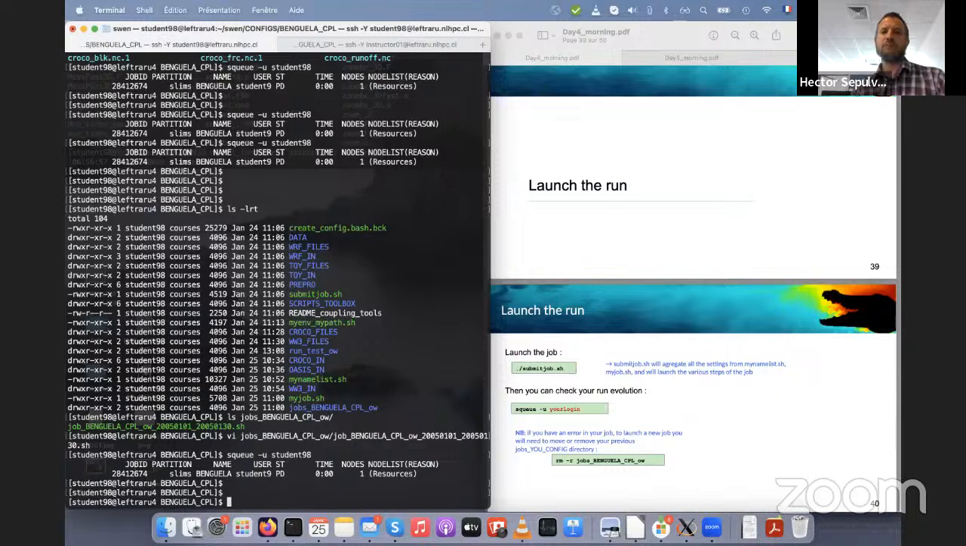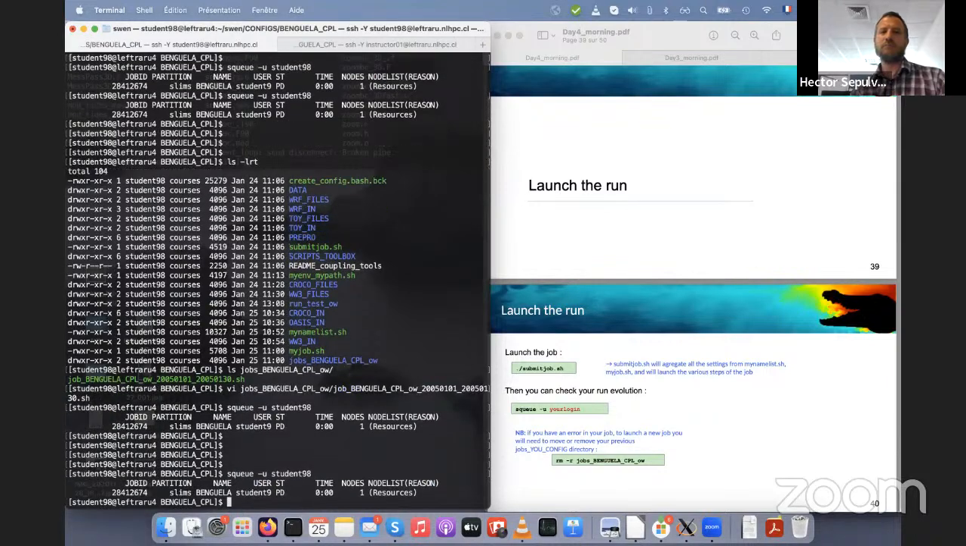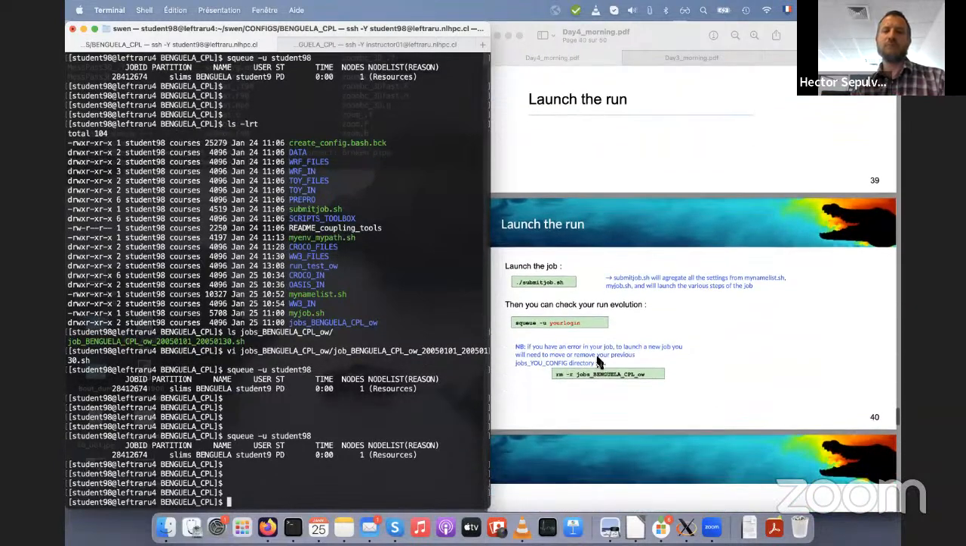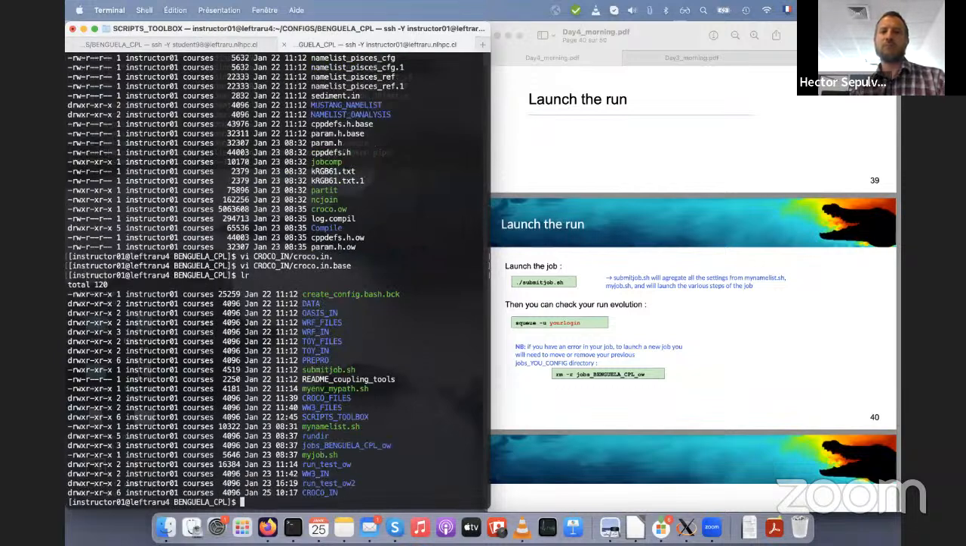I haven't put the special queue because it's the usual command, but it should not be too long. But basically, I will just open my other account on which I already run it to show you that once it will be launched, I will have also